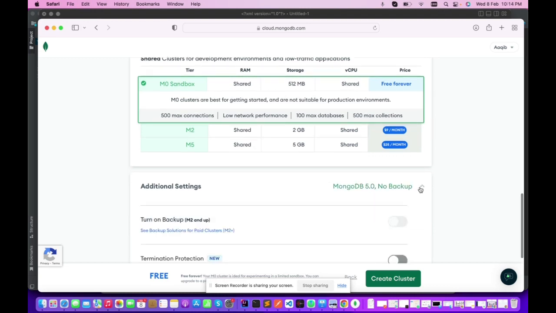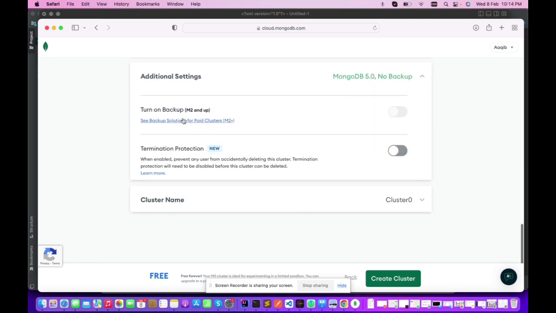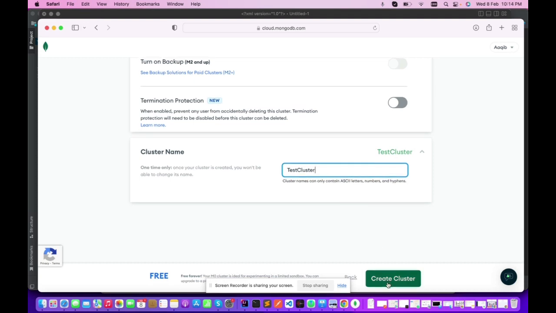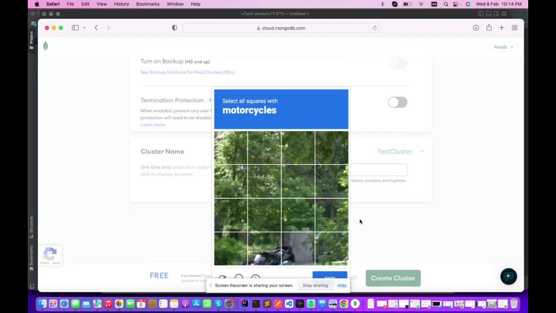We can select additional settings and see that there's an option to turn on the backup, and then there is a termination protection. We can also select the cluster name. Here it's showing Cluster0. We can call it first test cluster, maybe. So this is our cluster now, and we click create cluster,